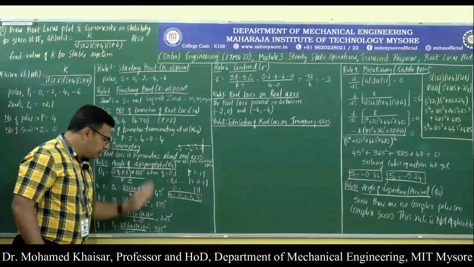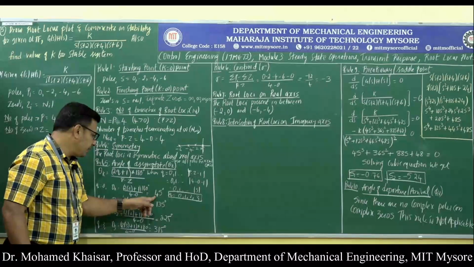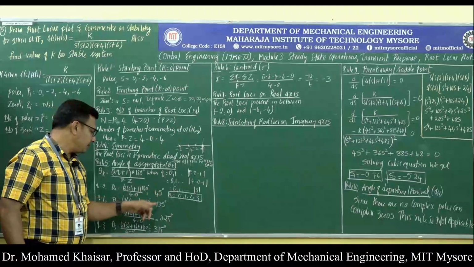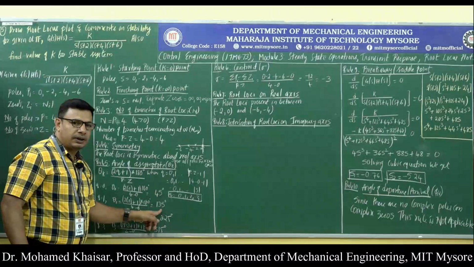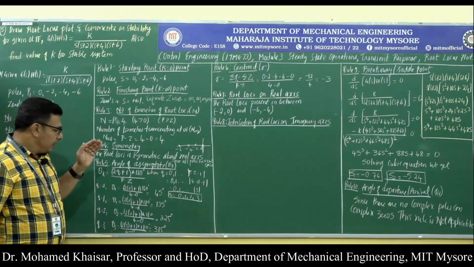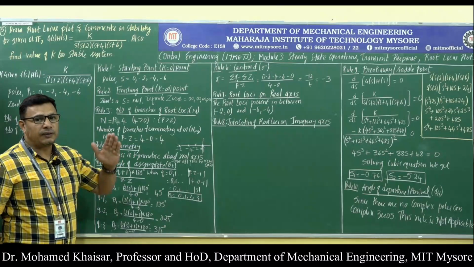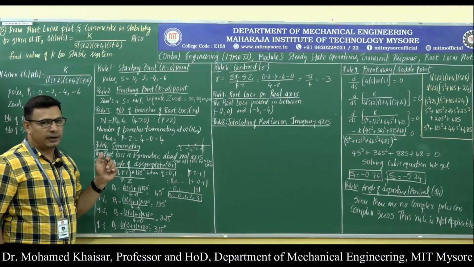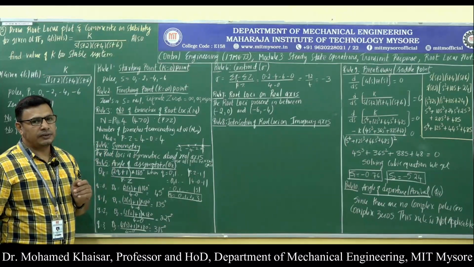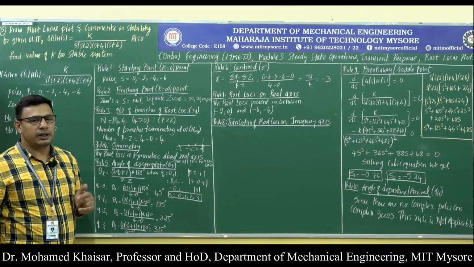Now, here in this problem, if we see the lines of asymptotes, that is, the angles of asymptotes are 45 degree, then 135 degree, then 225 degree, then 315 degree. That means to say the asymptotic straight lines are going to be at 45 degree. If we draw a 45 degree line, then obviously the asymptotic straight line is going to intersect the imaginary axis and move to the right half of S plane.